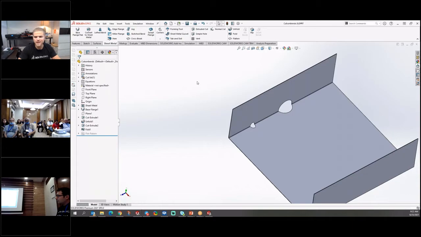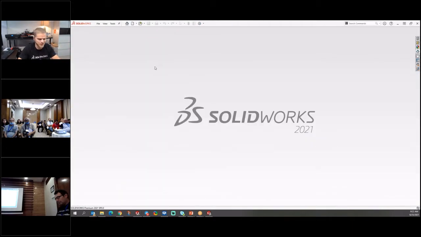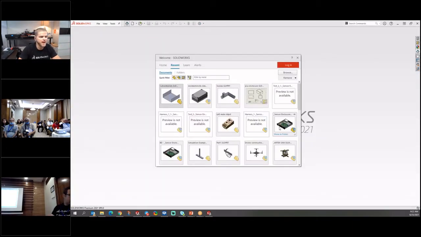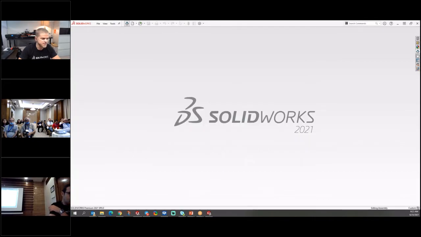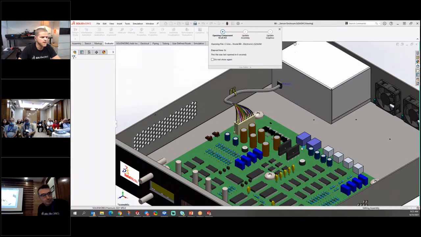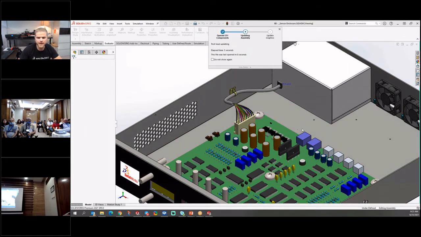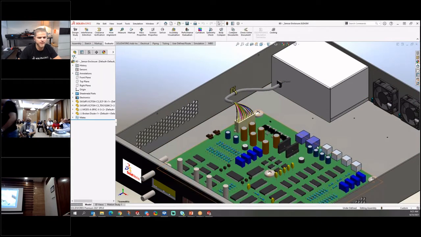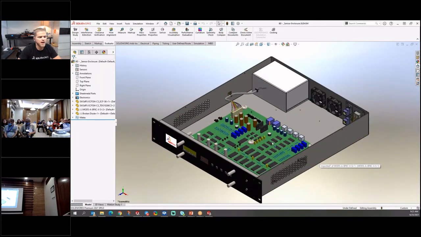I'm going to do a window close all. We're going to wipe out everything I had open, get me back some of that RAM. I need a little bit more of that RAM right now. And we're going to open up a sensor enclosure here, which I think is this one. Similar, really similar file to before, but this is a different file.